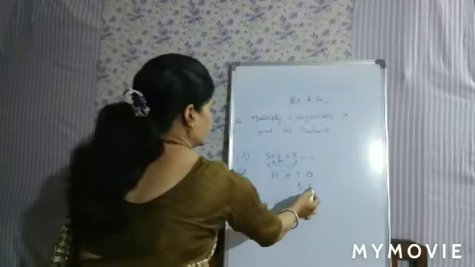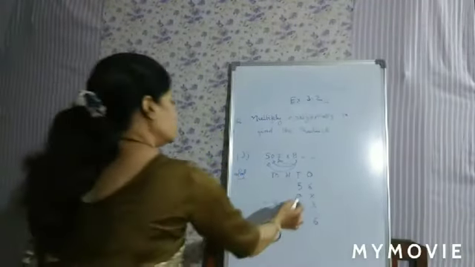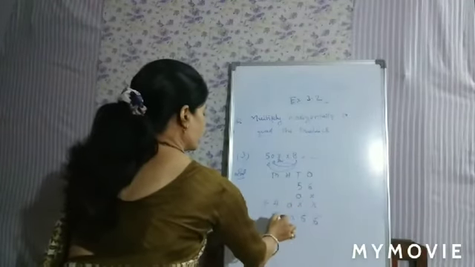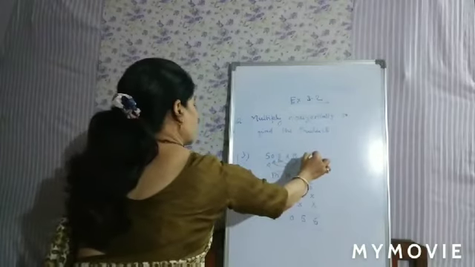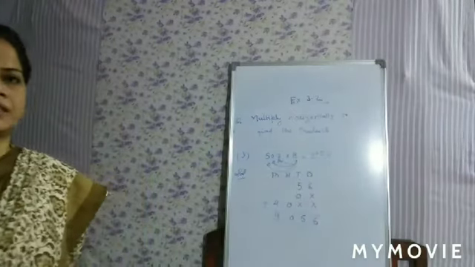Now add. You will get 6 in ones place. Then 5 plus 0 will be 5. Then 0 and 4. So as the product you will get the answer 4056.